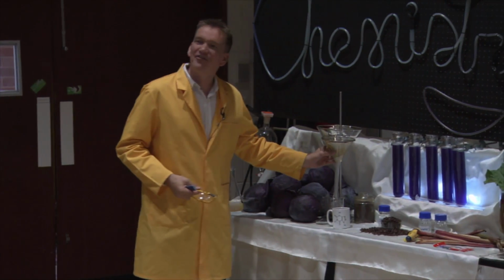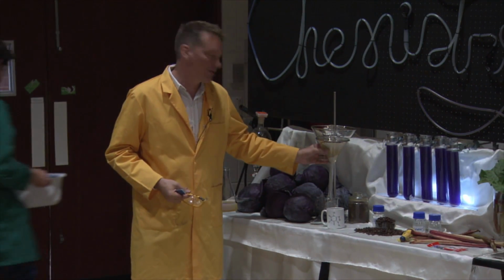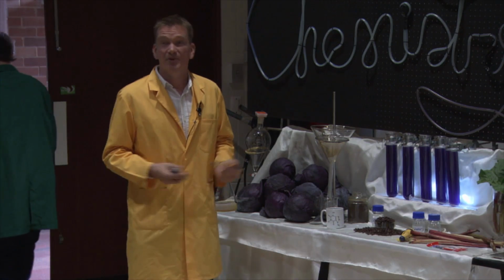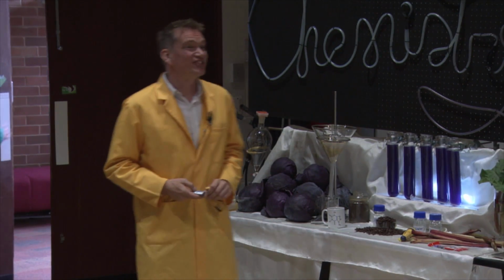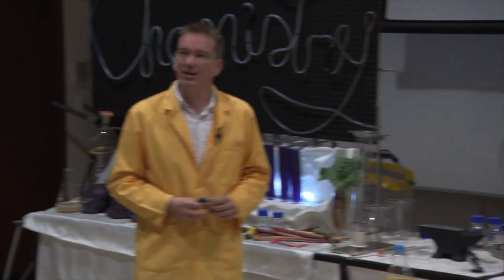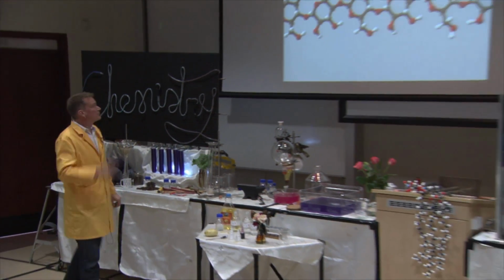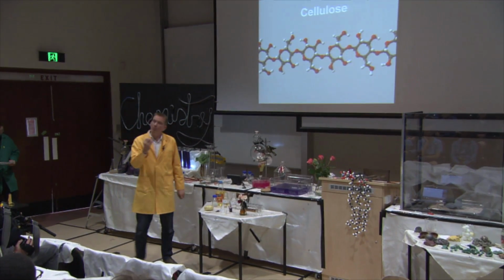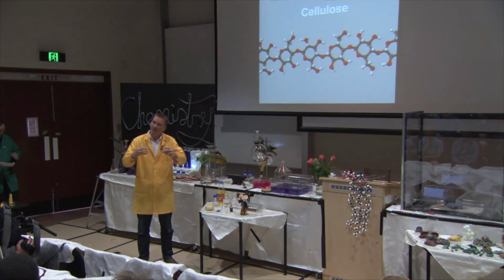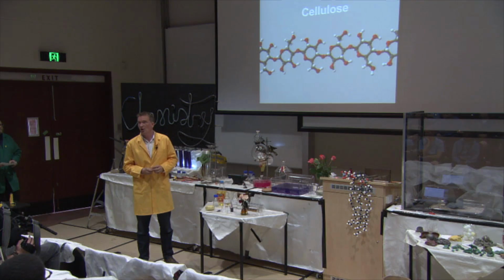In fact, even the filter paper itself, the paper that we're filtering this coffee through, I mean, that's a chemical as well. It's made of cellulose. This is the structure of cellulose. It's long fibres where we have lots of little rings all joined together. Well, each one of those rings is a molecule of glucose that's joined together to make up the cellulose. Glucose is very important.